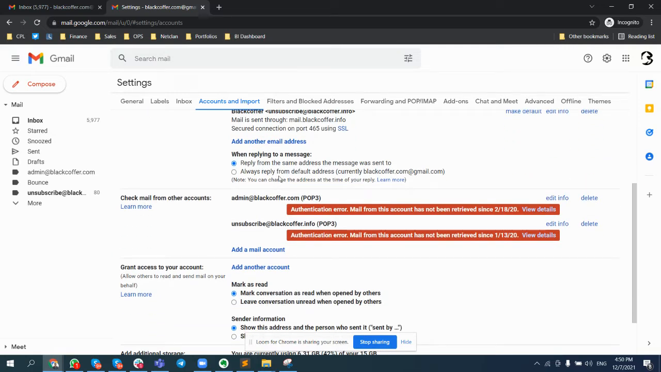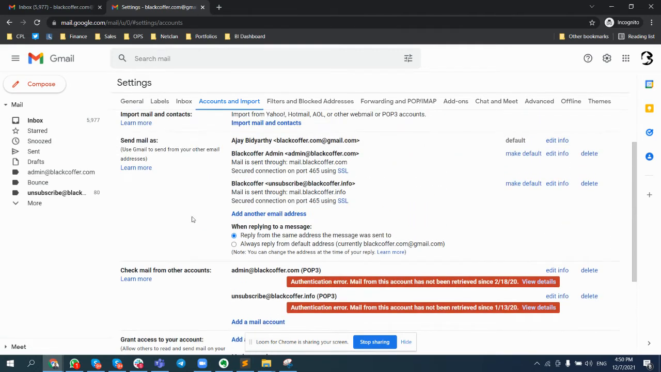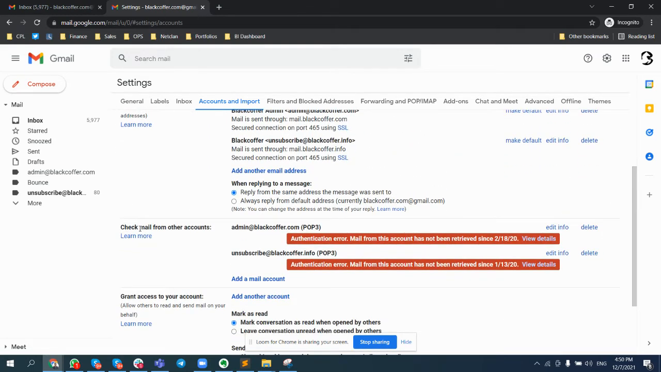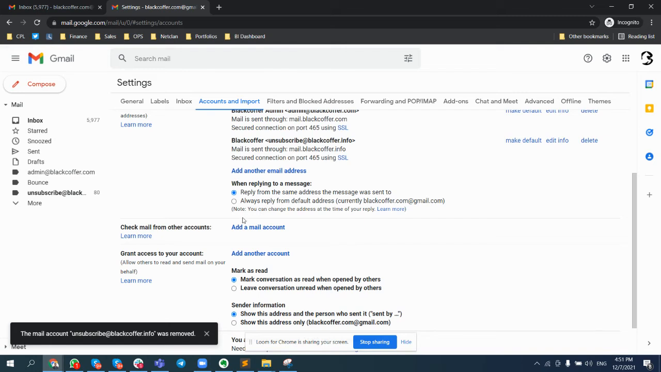Under this, you must see something called check mail from other accounts. Let me delete those, whatever I had earlier. When you go to this, check mail from other accounts, under accounts and import, click on add an email,